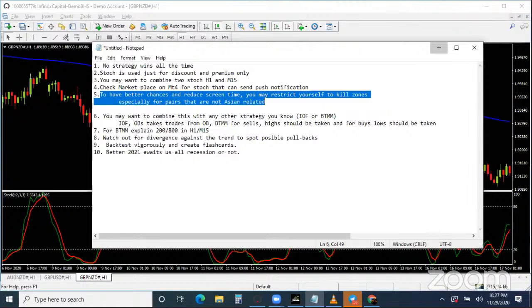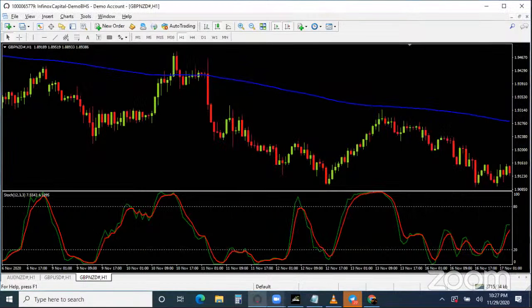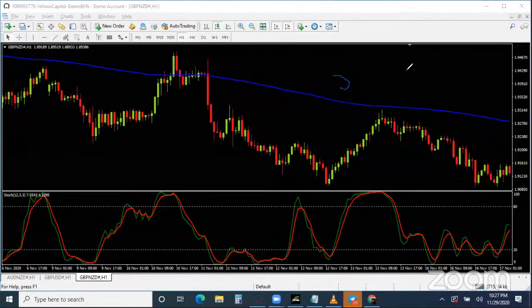And by Asian related, I mean pairs that do not contain JPY, NZD, AUD. So pairs that don't contain these